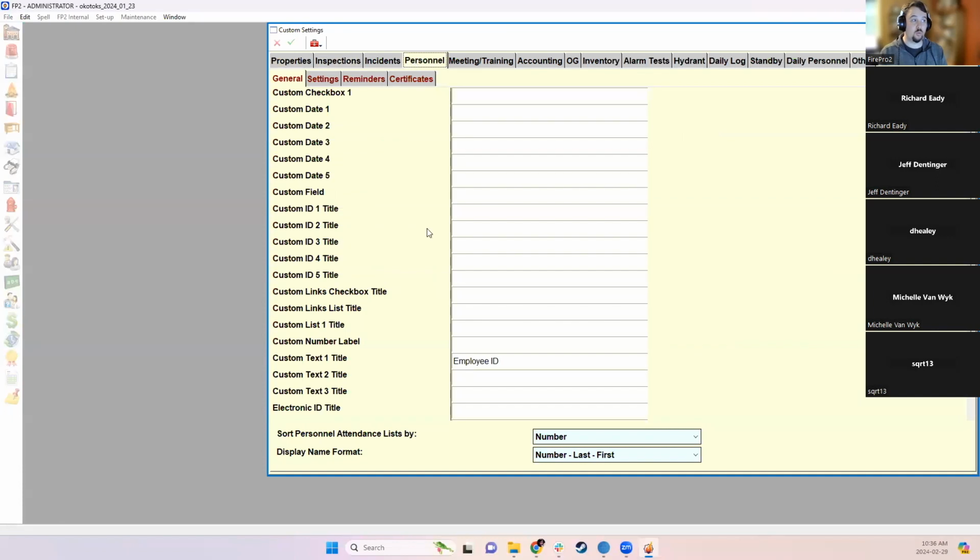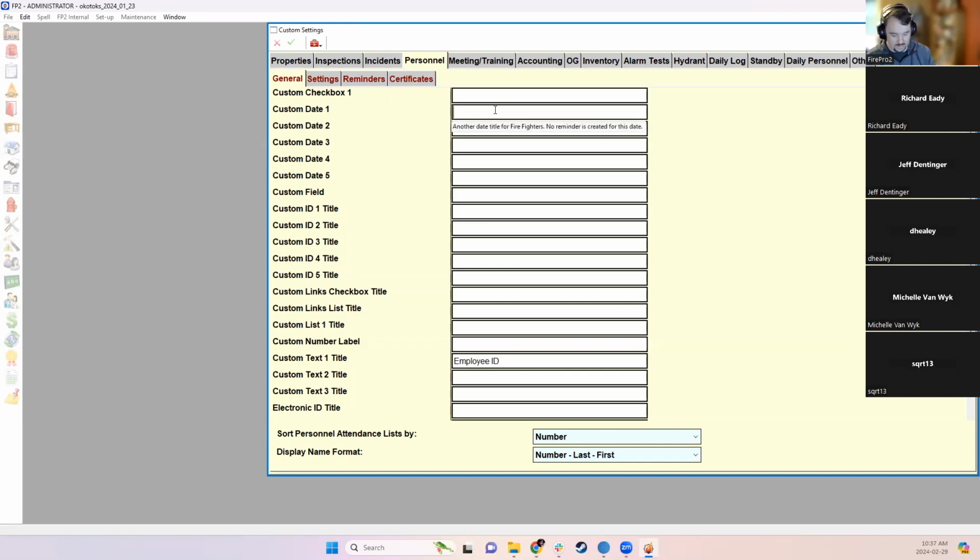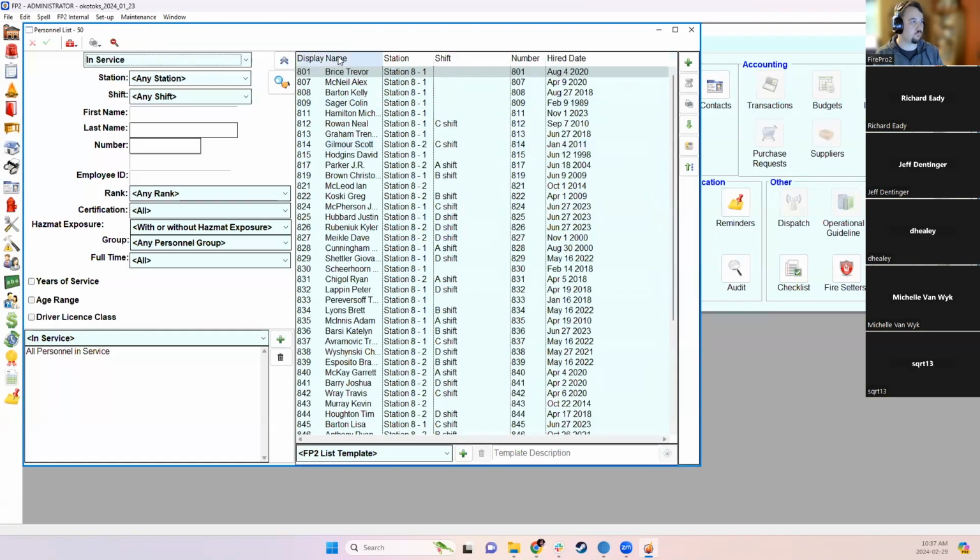Likewise, the personnel module specifically is an area where there's a lot of custom fields, because in many cases there can be quite a bit of additional custom data that you might want to enter for your individual members. And we can see that in the personnel side, there's a lot of custom fields. And so I could do something like fact date. So once I label this custom date field, if I go into a personnel record,